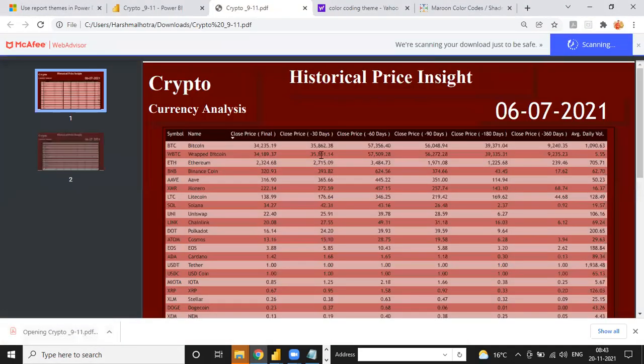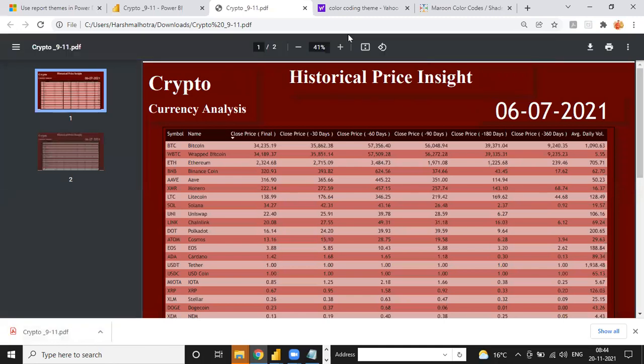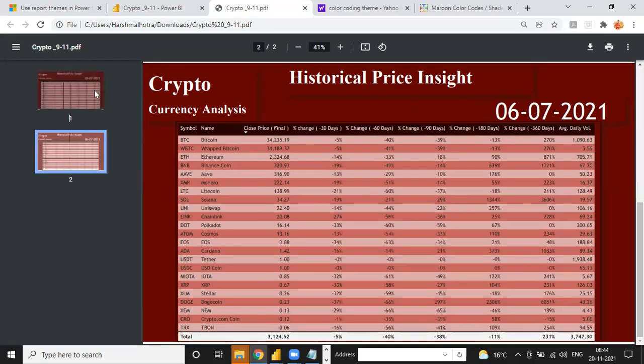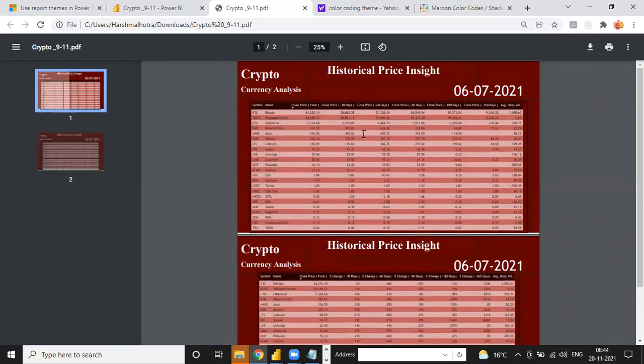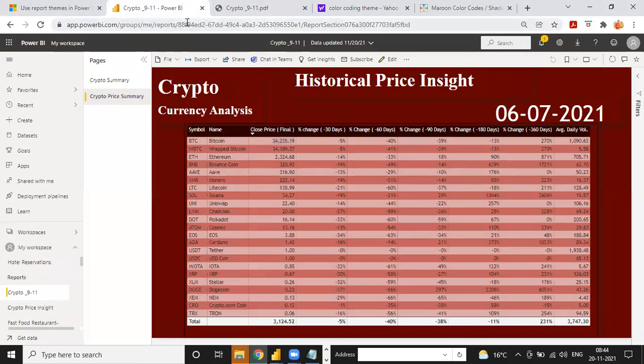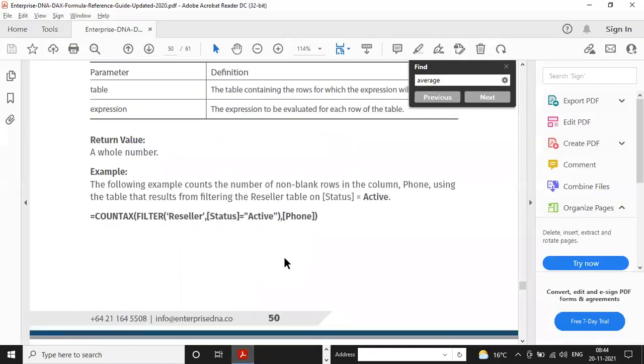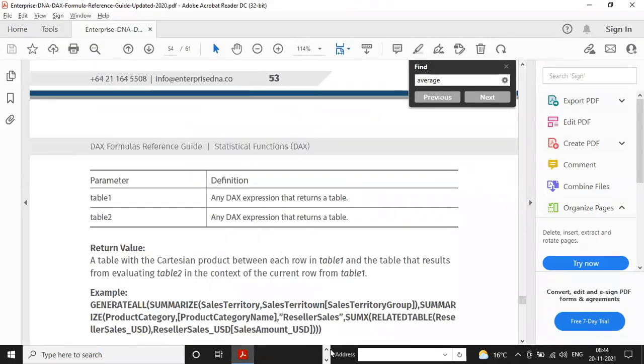And guys, after the class, I will share the recording with you. Let me check, yeah, recording is okay. So I will share that recording with you after the class, so it will be helpful for you to practice. And see, now the PDF is ready. You can share this insight with everyone and they cannot change it, it's not editable. But if you give the insight in Power BI form, then they can change it. In the PDF form, they cannot.